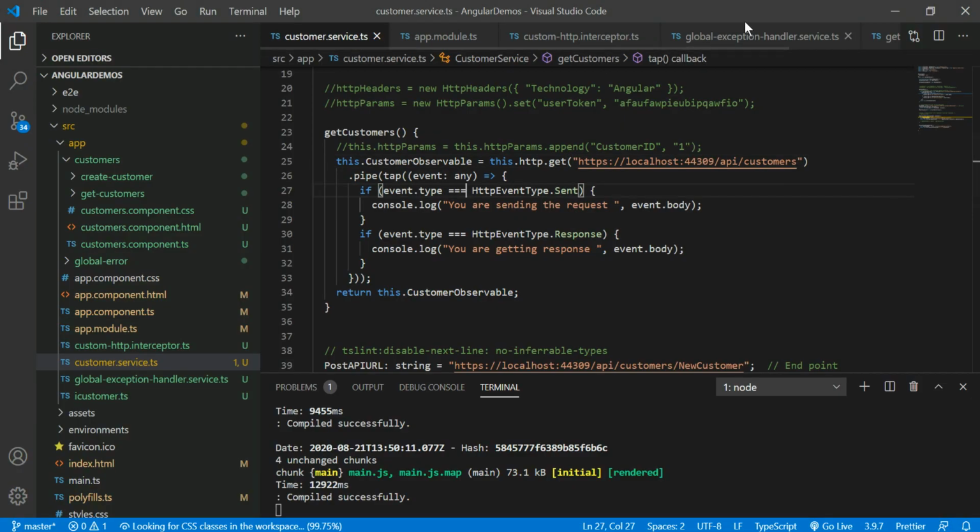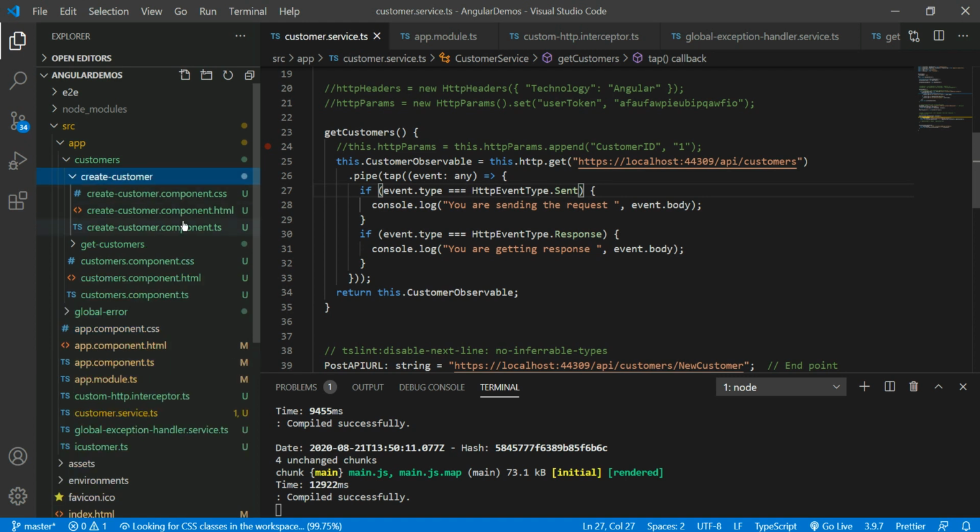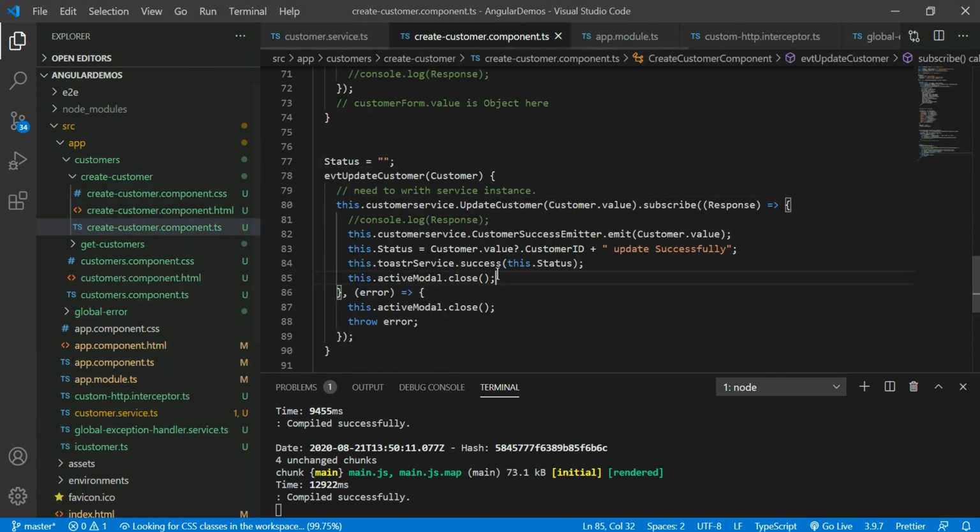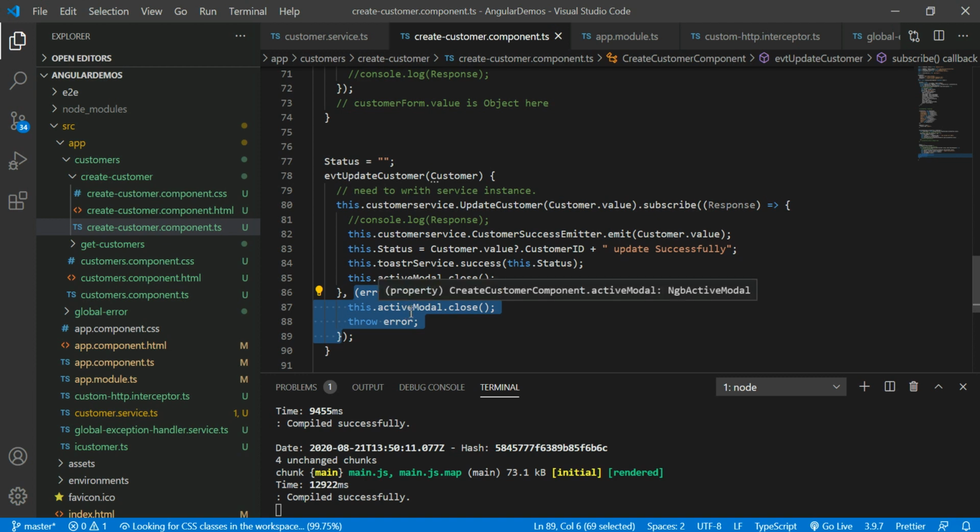So go to the HTTP create customers dot file. Here, how do we have to handle this kind of situation? I already have the error section here, but it is not printing at all. This is not taken care of by the HTTP interceptor, because the HTTP interceptor is handling errors right now, before the subscribe method only.